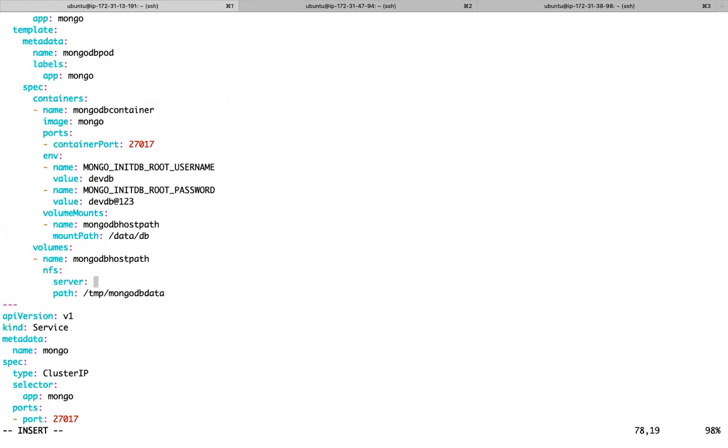Here I need to provide the IP address. IP address of what here? I need to provide the IP address of our NFS server.